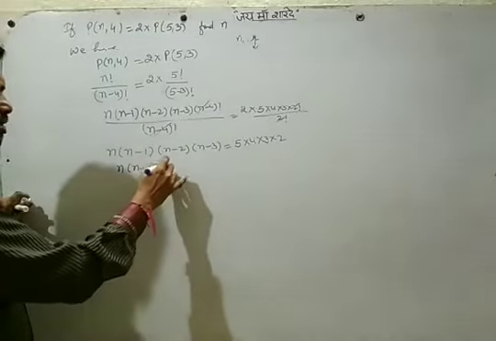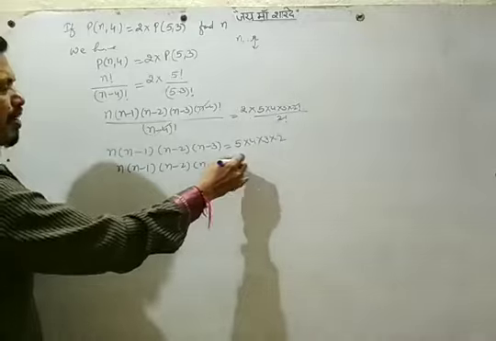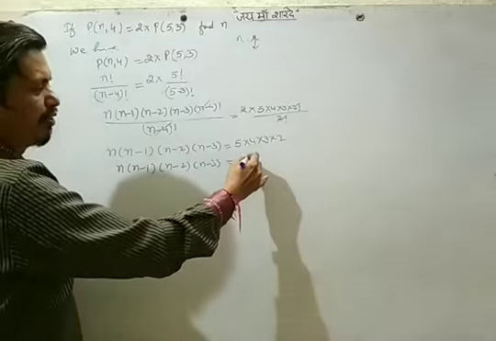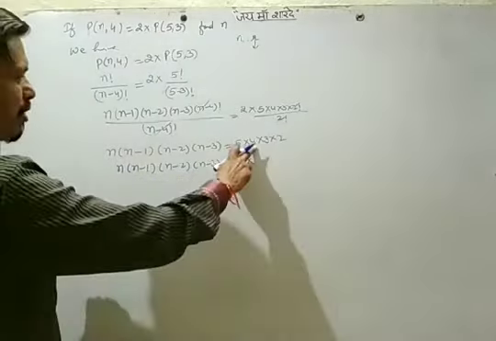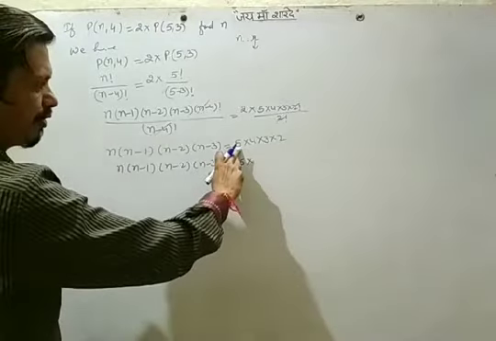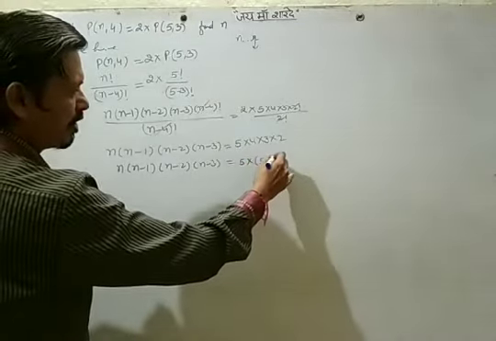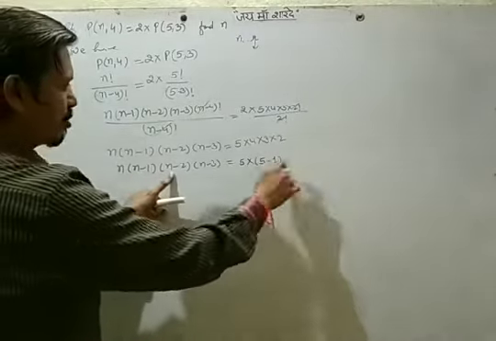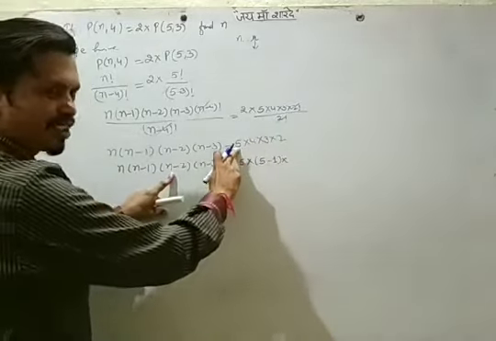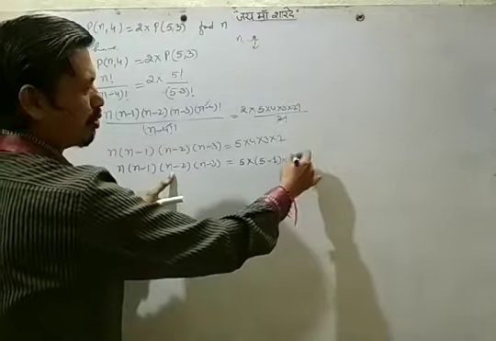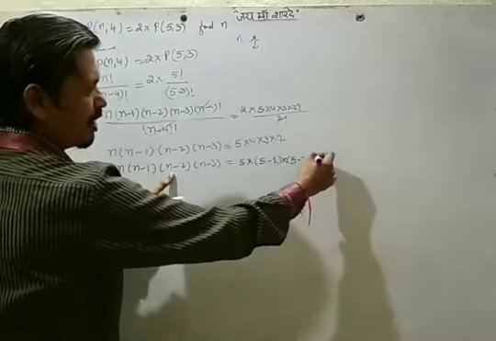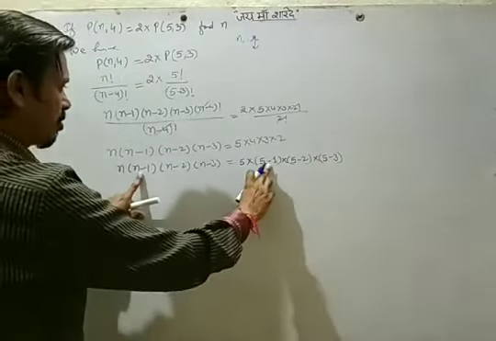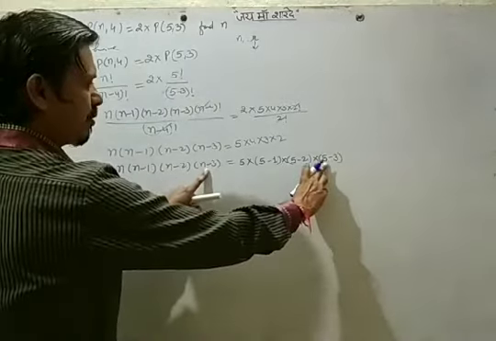So it can be written in this form, then we can compare both sides to find the value of n easily. So n, n minus 1, n minus 2, n minus 3. The greater number is n, and the greater number is 5. Suppose we write 5 like this. Now 4 is less than 5 by 1, so it can be written as 5 minus 1. So n, 5, n minus 1, 5 minus 1. 3 is less than 5 by 2, so we can write 5 minus 2. The same way we can write 2 as 5 minus 3. So it is your n, your n minus 1, your n minus 2, your n minus 3.